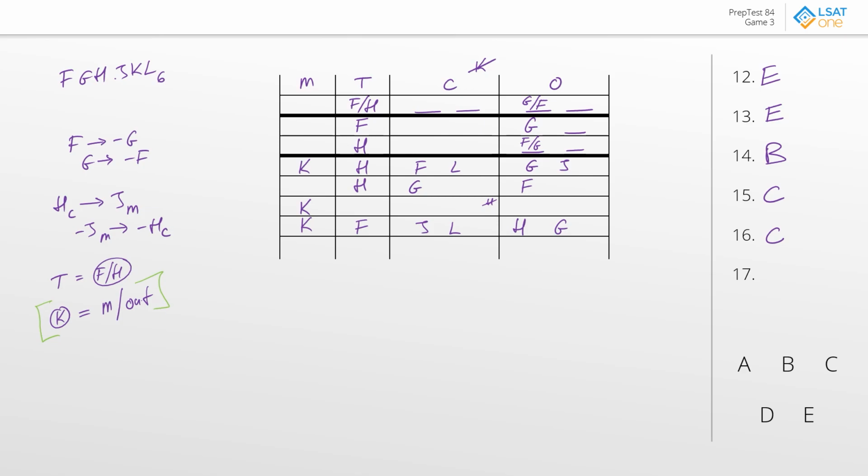Answer choice D. If H is a nominee for counselor, then K cannot be one of the nominees. So if H is in the counselor position, is it true that K had to be out? Actually, technically, it did have to be true, because if H was a counselor, then J would have had to be the mayor, in which case that would have forced K to be out. So this always had to be true. But then there's the other question. Would this actually make sure that K is not a counselor? Would it necessarily mean that K has to be either the mayor or out?